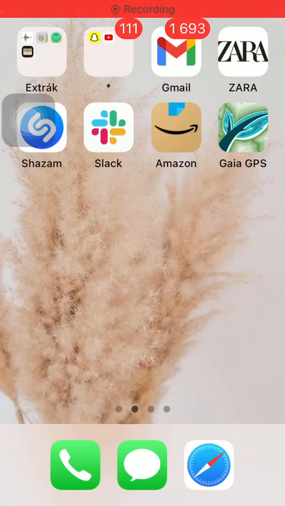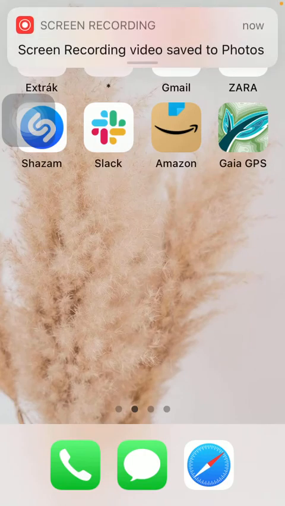Hello guys, in this video I am going to show you how to select compass of the application on the